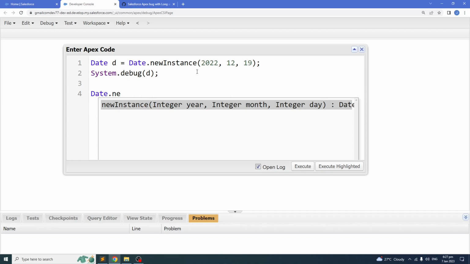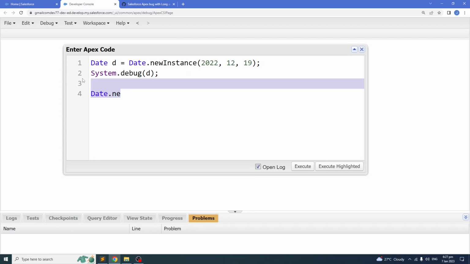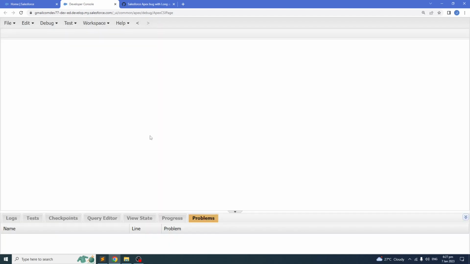If you try to type in the name of the method, it will actually give you some hints. Let's say year, integer. Year is an integer value, as well as month and day, just to make things a lot easier to remember. Okie dokie. Now let's try to execute